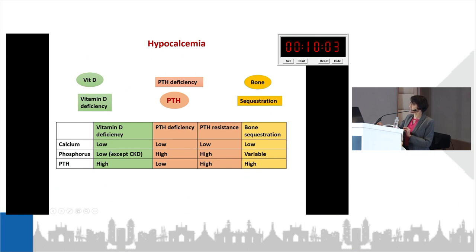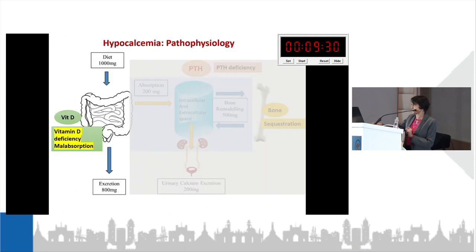Vitamin D deficiency is typically associated with low phosphorus, unlike the other two states of hypocalcemia, which will have high phosphorus. Similarly, parathyroid hormone will yield an additional diagnostic clue: in vitamin D deficiency it is elevated, and of course in a PTH deficiency state it would be on the lower side, and that would help us put together the adequacy of diagnosis and hence the principles of management together.